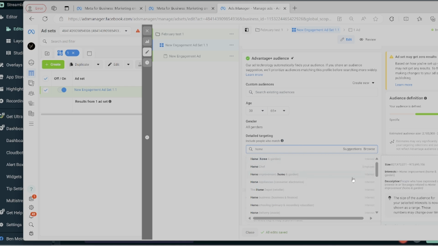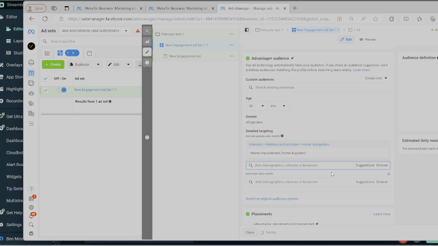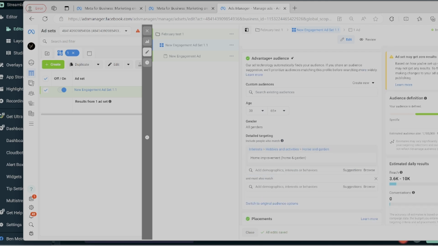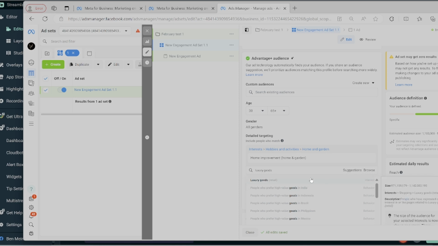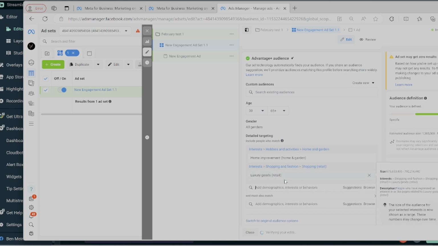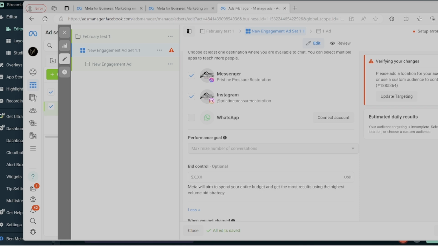The keywords that we found best for most home improvement niches are obviously home improvement. One caveat here, you want to make sure that it says interest on the right. And side note, if we look over here, this just reduced the audience size by about 1 million. So we're going to refine it a little more and do luxury goods because we're hopefully getting homeowners that can afford our products. Most of the products that we do are high ticket, at least $1,000 in most cases, but ideally 2K plus is our sweet spot.